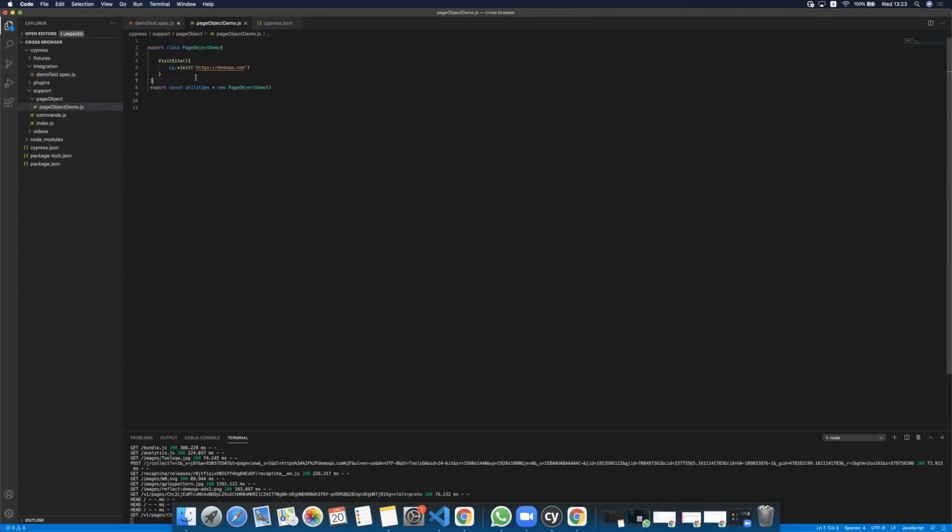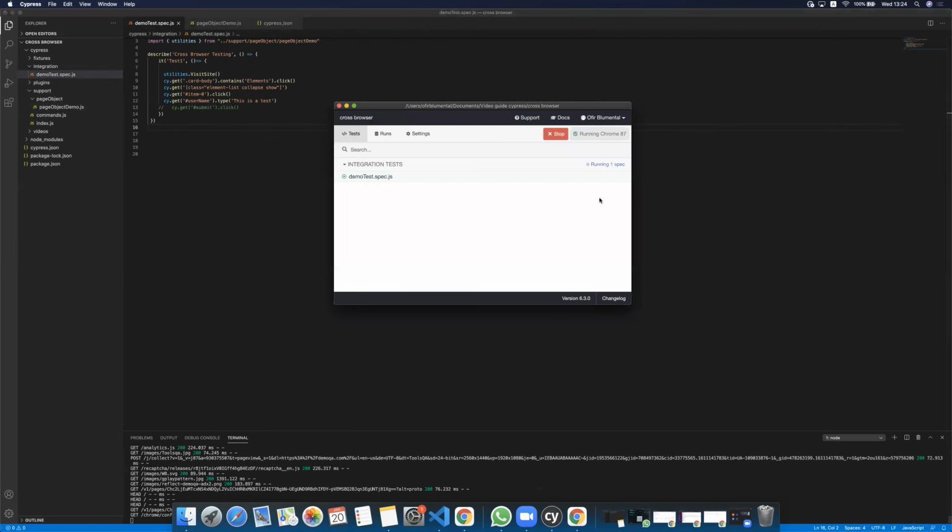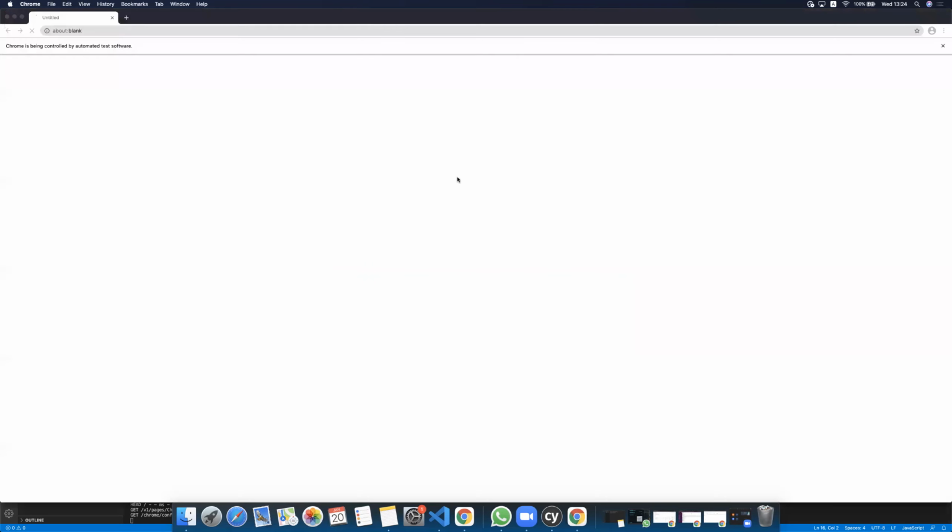We have the function visit site, but now I want to create a click submit function. Okay, I created this function, and I can copy it from here and paste it right here. Save, don't forget to save. Save again. And if you run it again,